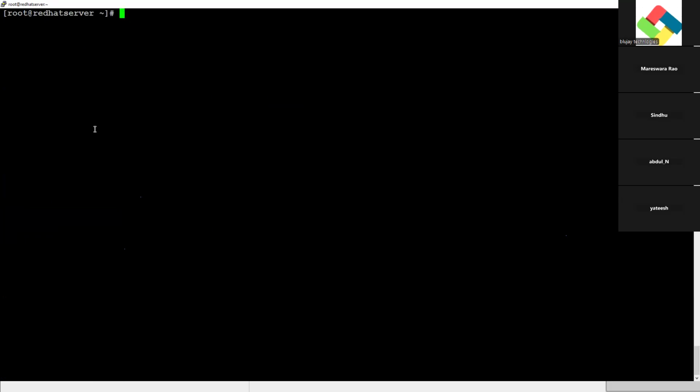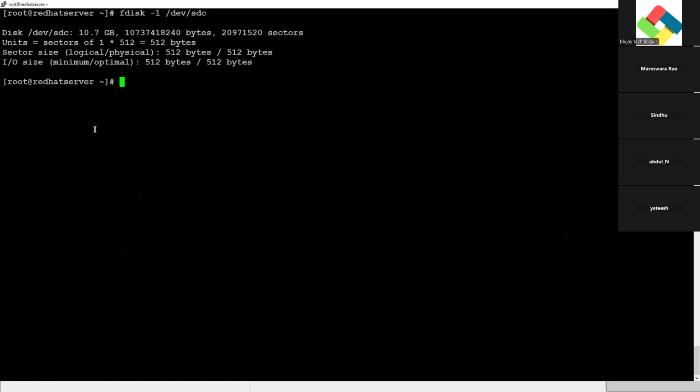So fdisk -l /dev/sdb, fdisk -l /dev/sdc. There are no partitions for that, so lsblk.